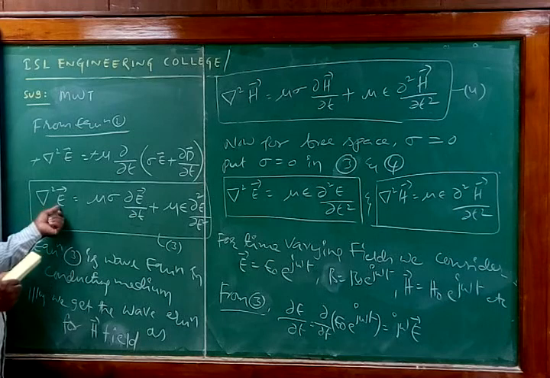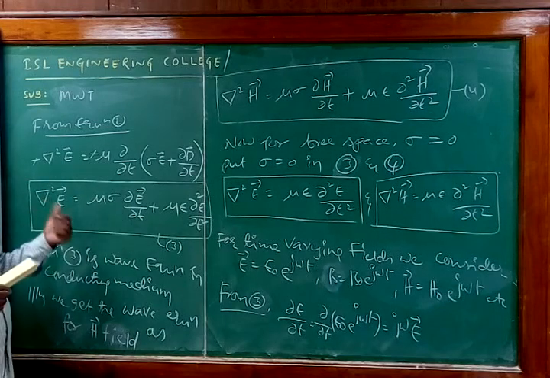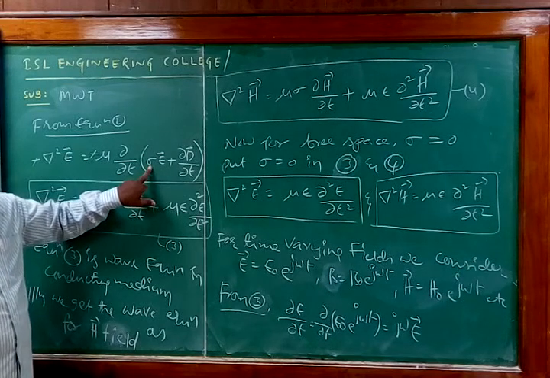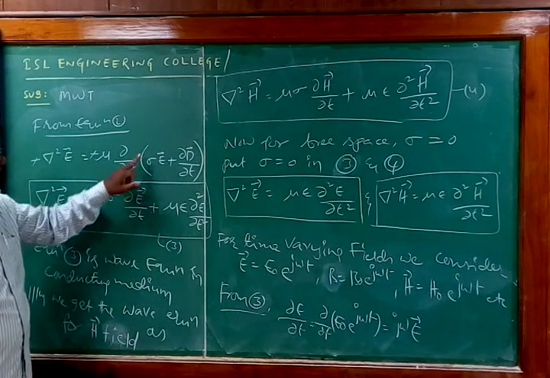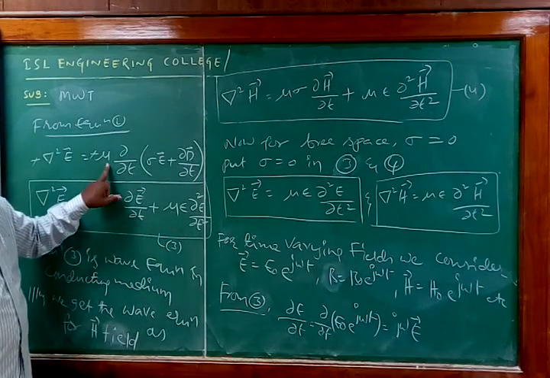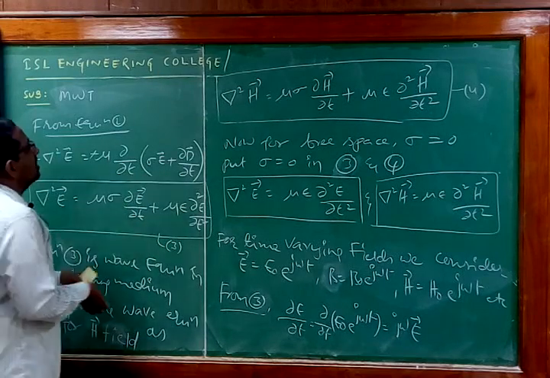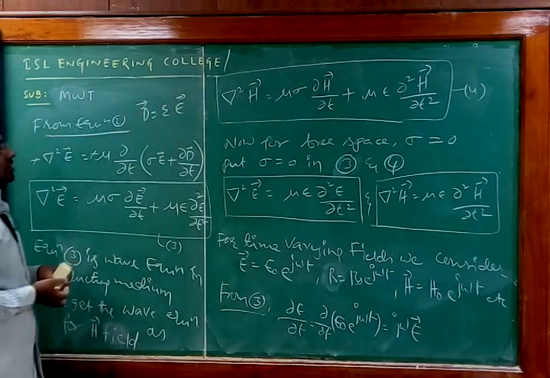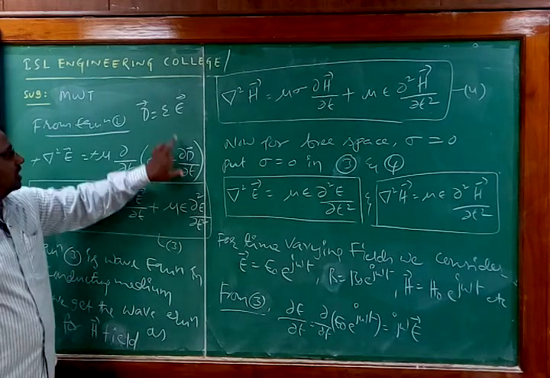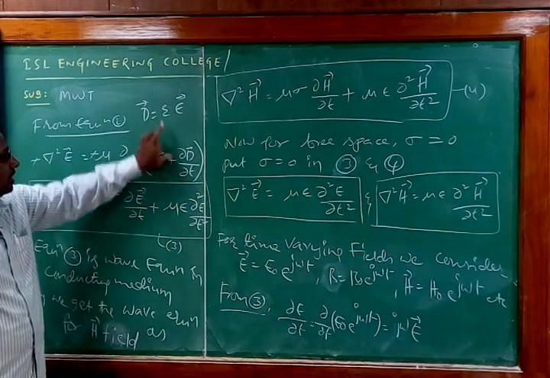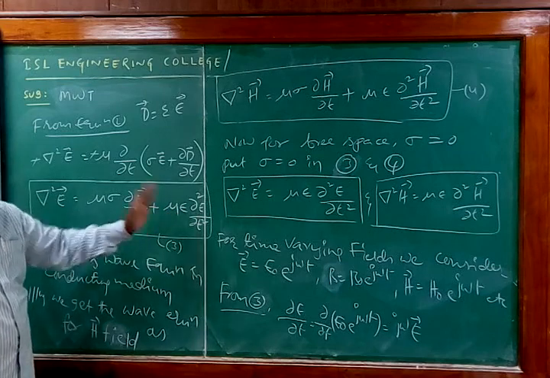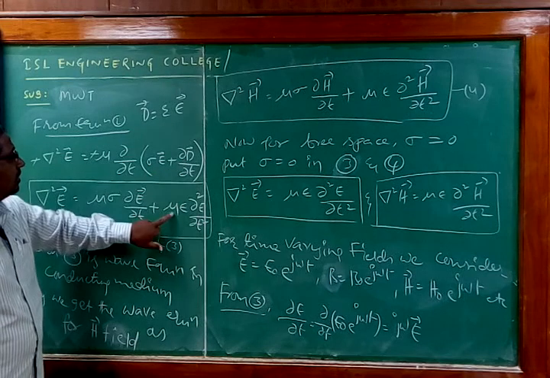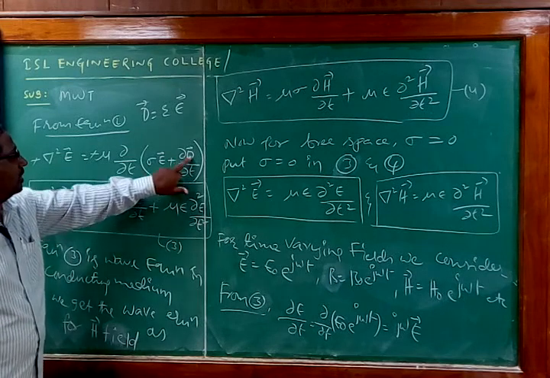Okay, now del square E is equal to mu sigma. Now this sigma is also going to be a constant parameter, so I will take it outside: dou E by dou t plus mu. What is D? D is nothing but equal to epsilon E, so it is a vector component. When you substitute this, epsilon is a constant which we take outside. So then next, after you take it outside, we get epsilon dou E by dou t.